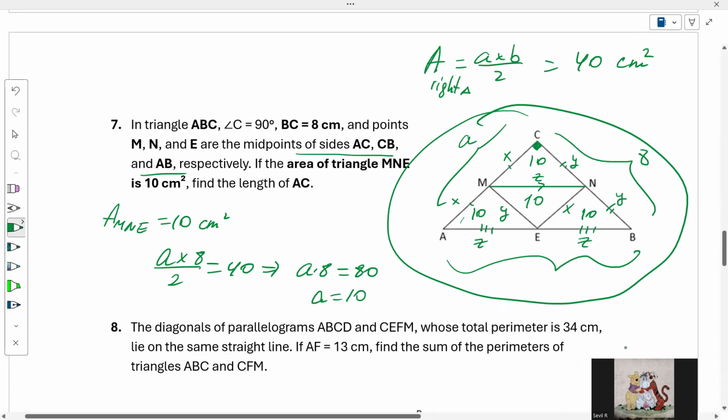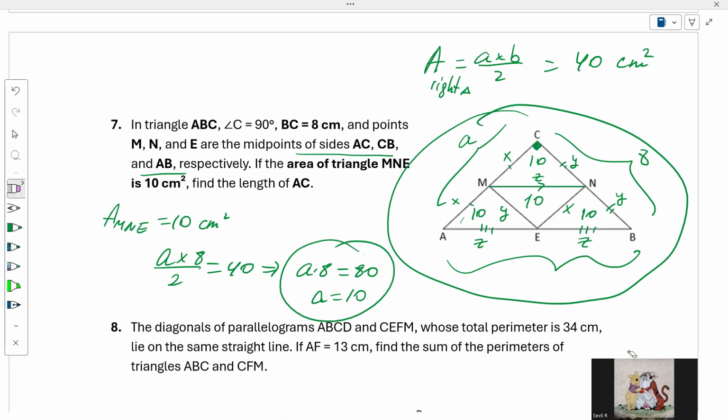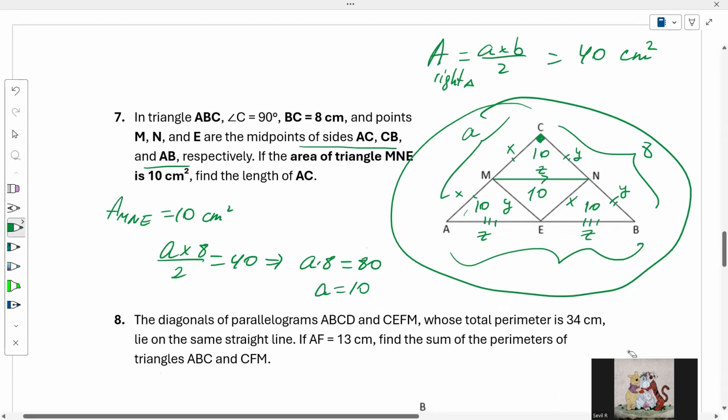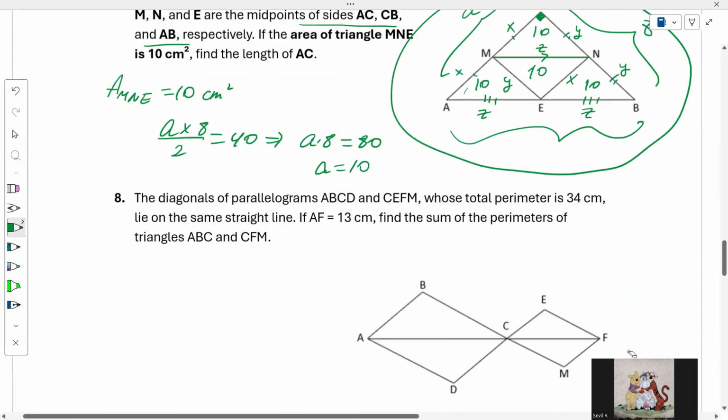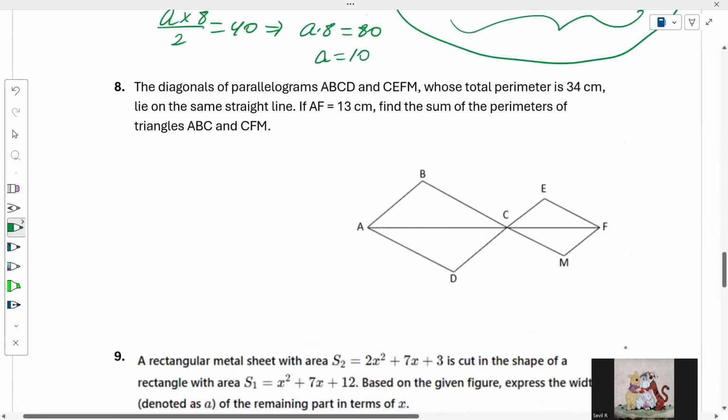Maybe it's like out of 2 marks, okay. So you will get half, and for this, you will get another half. Okay, number 8. The diagonals of parallelograms ABCD and CEFM, whose total perimeter is